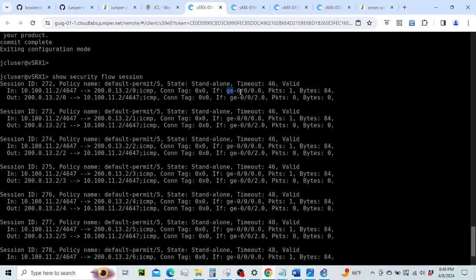So it's coming into the VSRX on 000.0, and what we see here is a unidirectional traffic flow. So this is bad. This is one-way traffic,